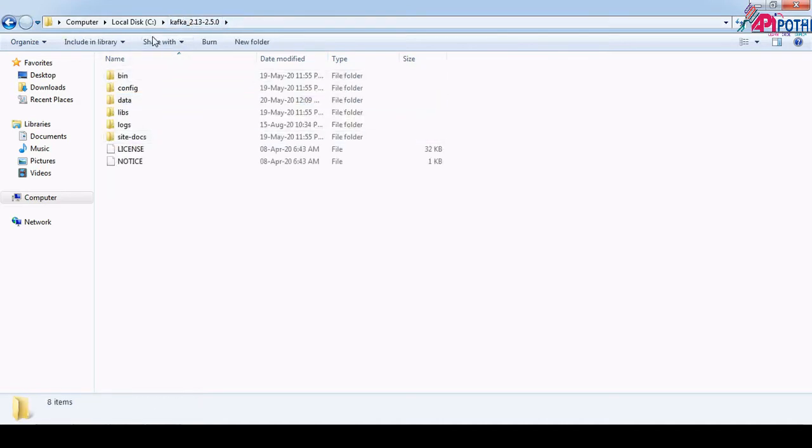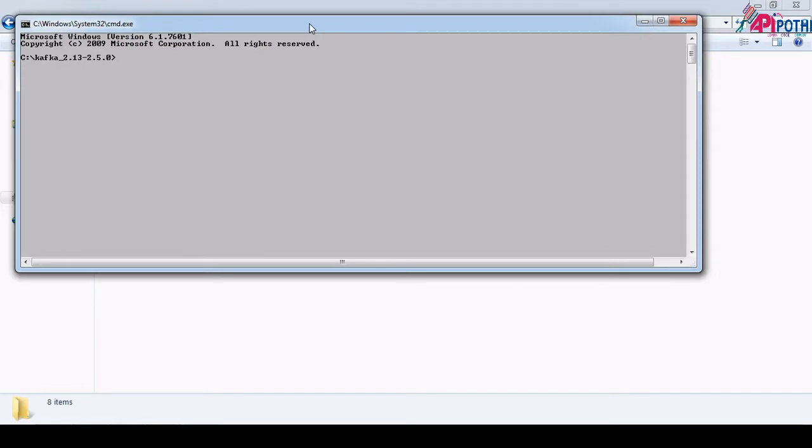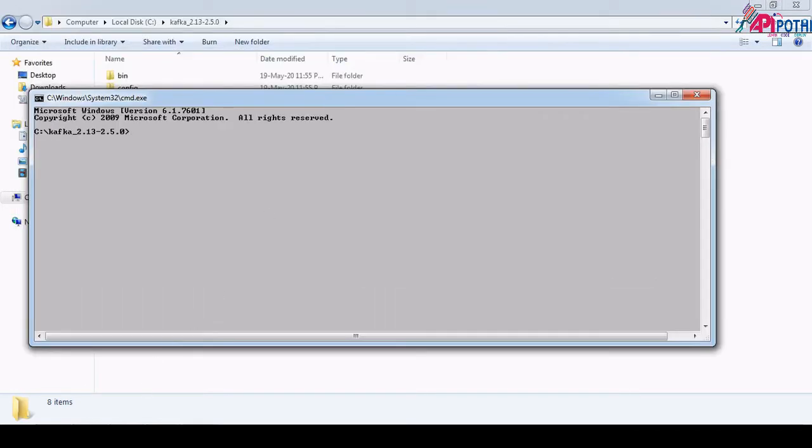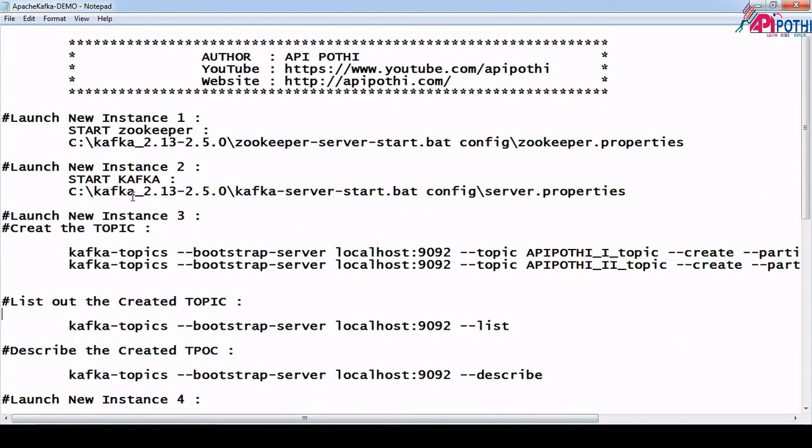In order to do that, first we are going to start Apache Kafka. And in order to start Apache Kafka, our responsibility is to first start the zookeeper, meaning that Apache Kafka is running on top of zookeeper. And in order to start the zookeeper, the first thing is that we need to open the command prompt. And here is the command prompt. And then we have to run the